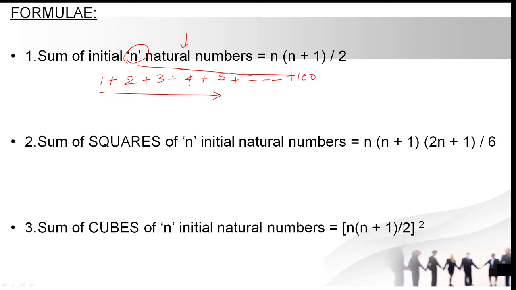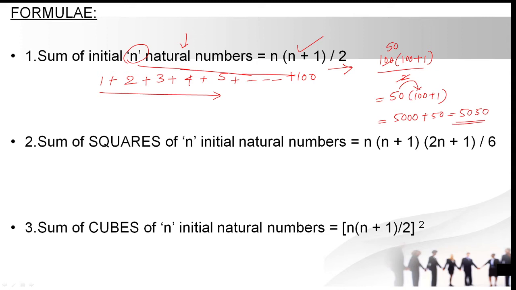Okay, but in the competitive examination you are not supposed to use that much time to do these calculations. For this we have a formula, that is n into n plus 1 by 2. In the place of n, we can just substitute 100. So that is 100 into 100 plus 1 by 2. How much will you get? This is 50 times, so that is equal to 50 into 100 plus 1. 50 hundreds are 5000 plus 50 ones are 50. So the answer is 5050. This is the way to solve this type of questions related to the first series.